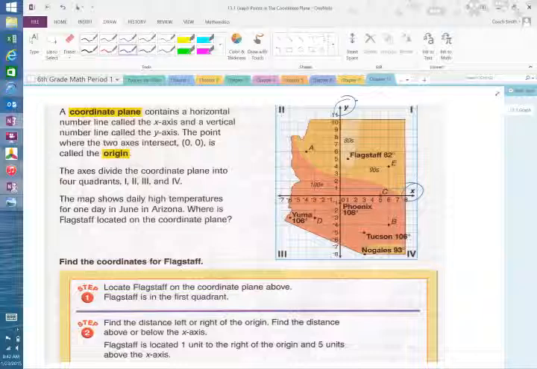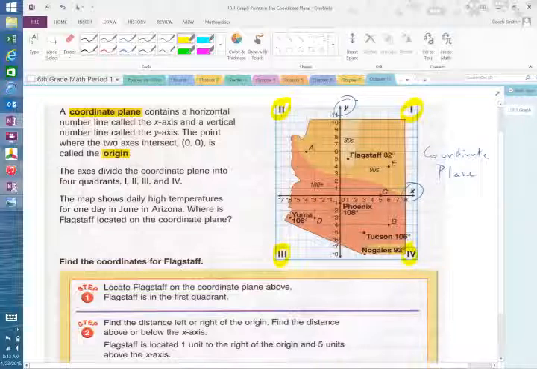You will also notice that we have 4 sections on our coordinate plane. So this whole picture here is the coordinate plane. The coordinate plane is divided into 4 different quadrants. At the top, you have quadrant 1, 2, 3, and 4. You will notice that it goes counterclockwise. It goes this way on a clock instead of this way. Now,